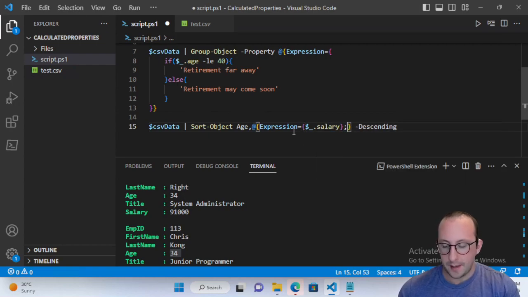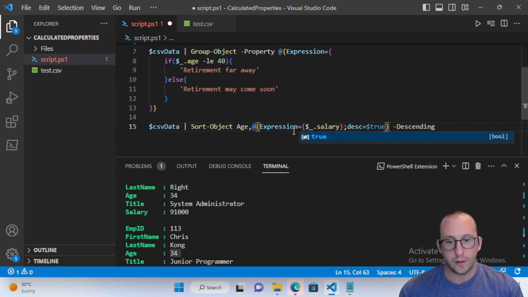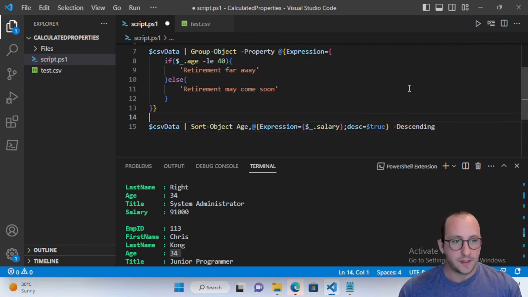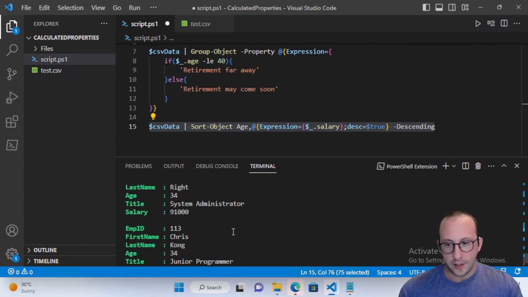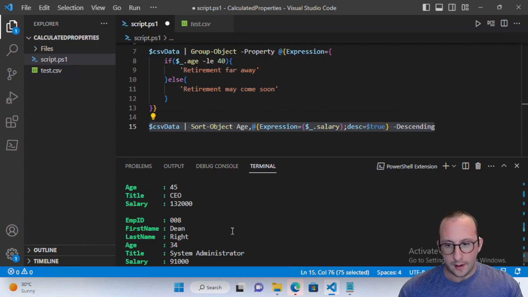And we're going to do a semicolon, and here we are going to do a DESC, and then we're going to put that equals to true. So that will be descending equals true. So if we go ahead and run this now, we will see that the age is descending,